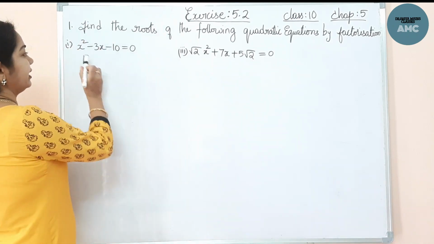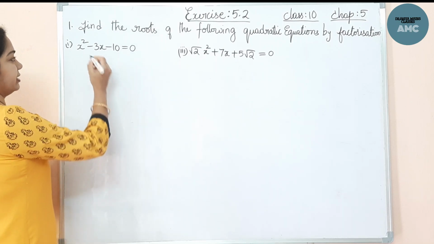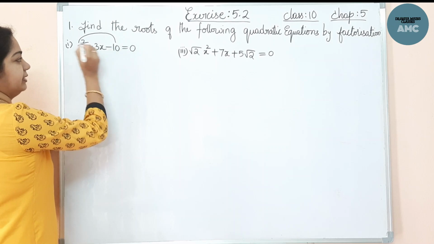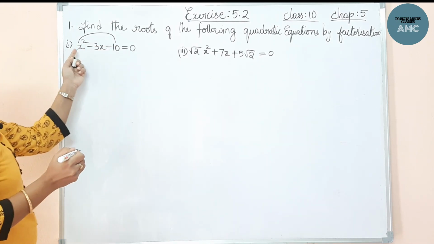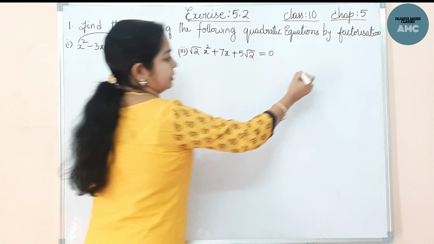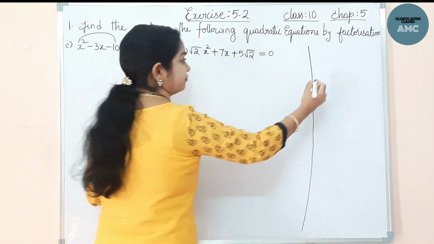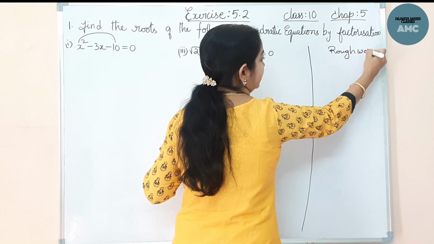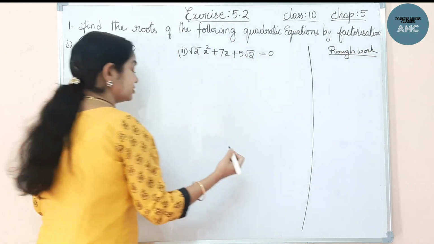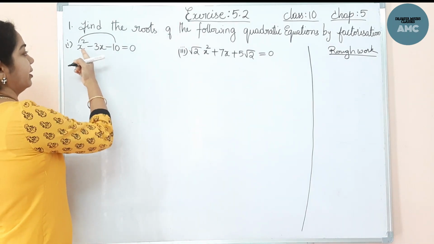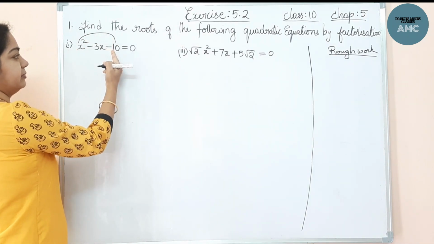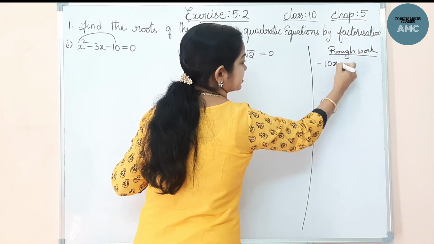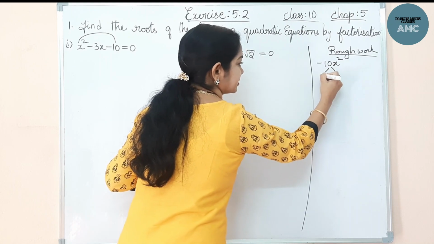Now if you take the first one, what do we have to see? Now clearly listen, what do we have to see? Just multiply the extreme terms, that is x square, minus 10 square. Note it down in the rough part. Rough work, we'll do it aside. Rough part is very important for mathematics. Now if you multiply the extreme terms, we get minus 10x square. Now I'll split this.